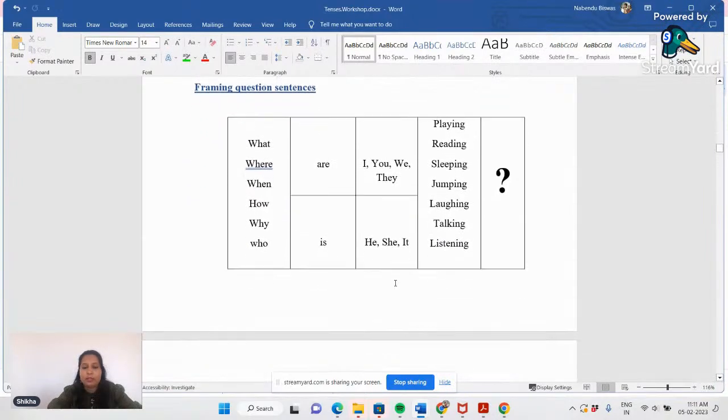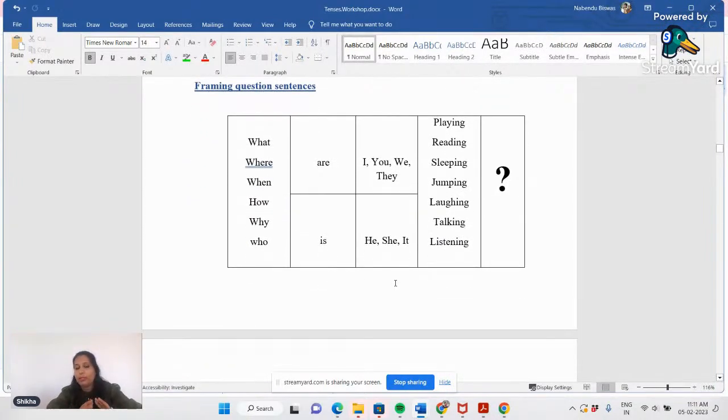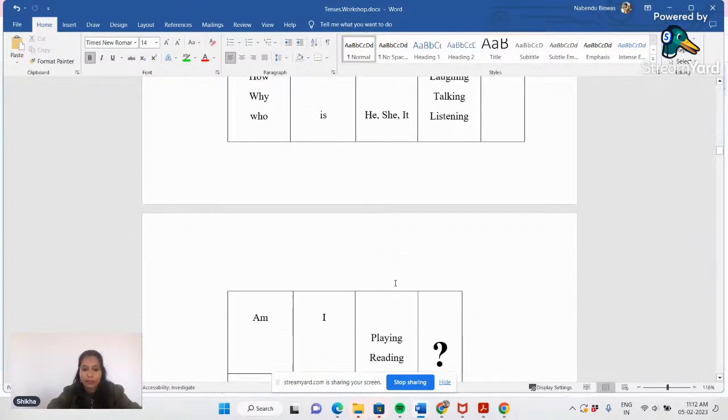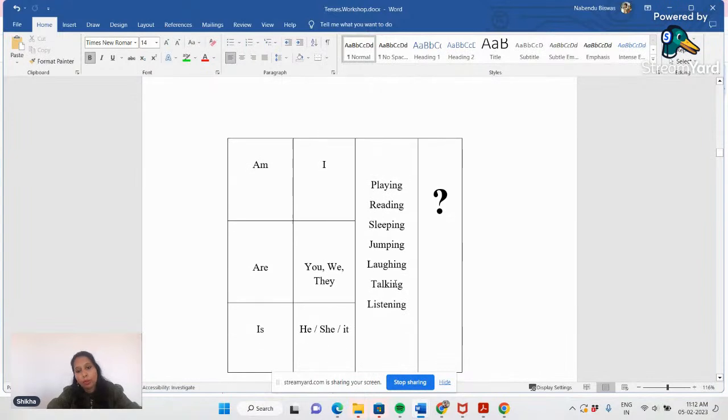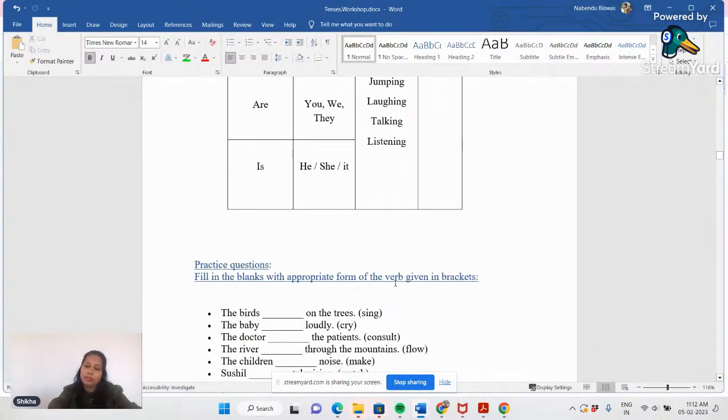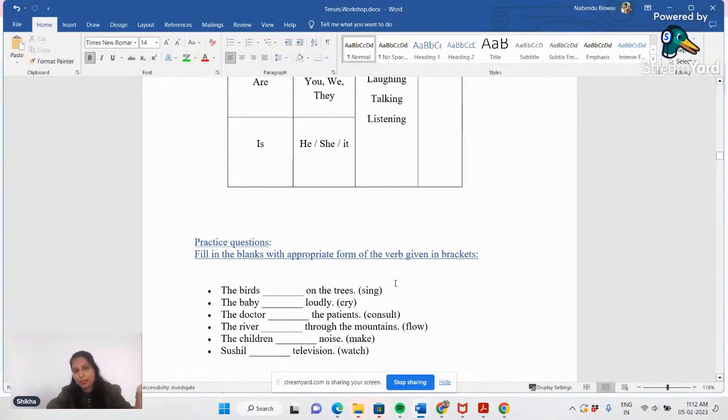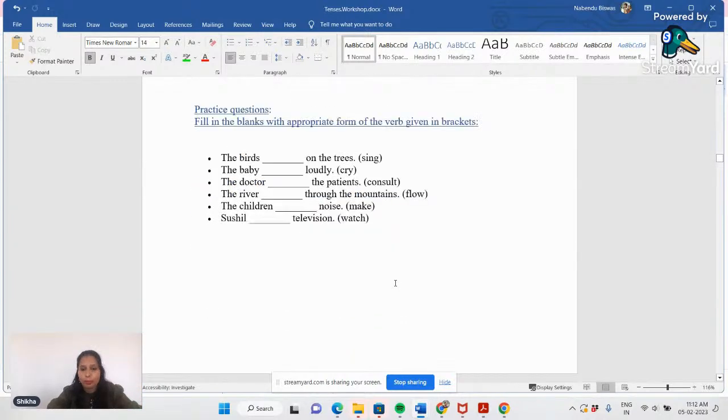For question sentences, we can frame the sentences in both ways, depending on the type of answer you are looking for. So if you are looking for a one word answer or one sentence answer, your question would be, are you playing? Your answer would be, yes, I am playing. But if you ask what are you playing, then the person will need to tell you what they are actually playing, right? So already I have mentioned all these things. If you want to know all these things in detail, please go to the previous video and watch it. You will come to know about it.